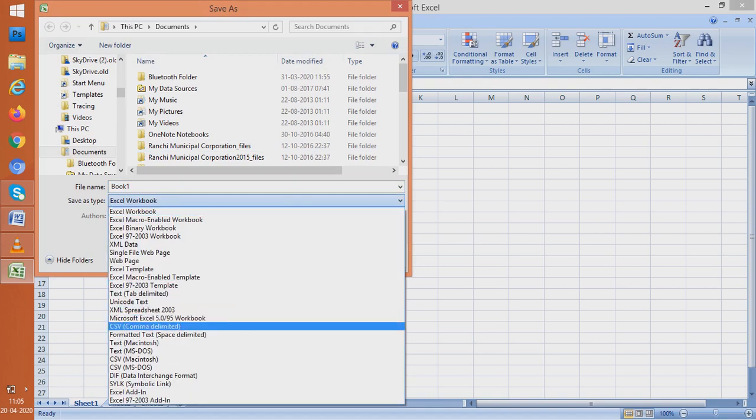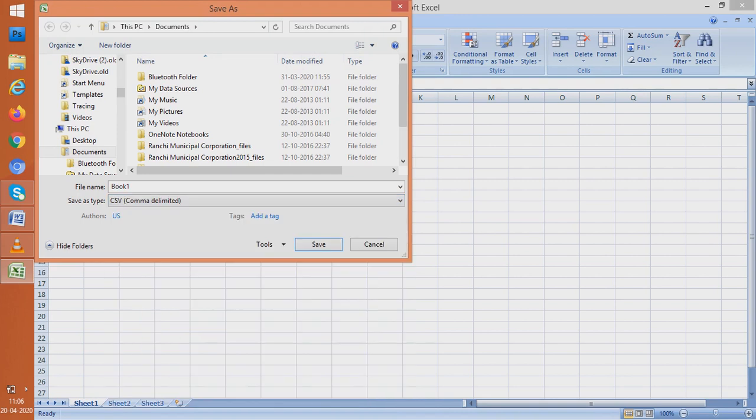Now comma delimited CSV file, what does it mean? It means that my CSV file is delimited by a comma. Let us give a name to it. Say the file's name is comp marks, marks of computer. So the whole name becomes compmarks.csv.